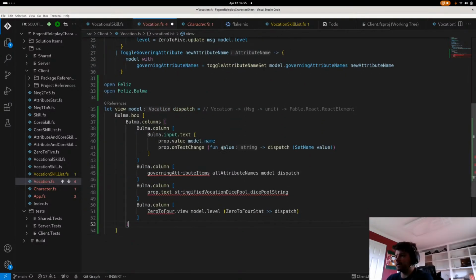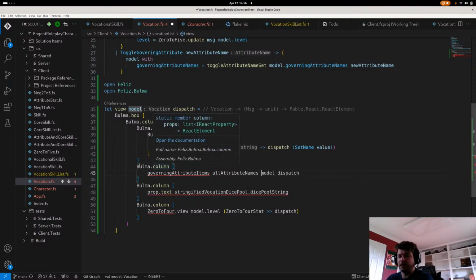Can just jam this sucker in here. So for each of these columns here, this first one is going to be